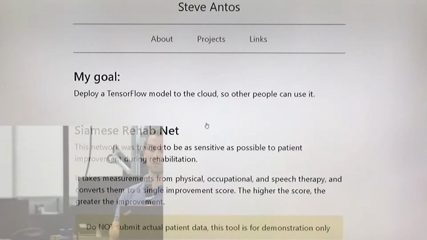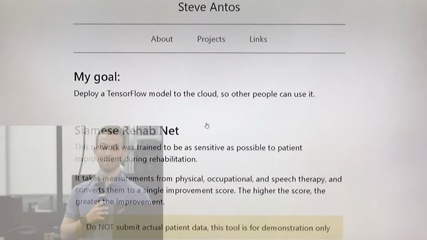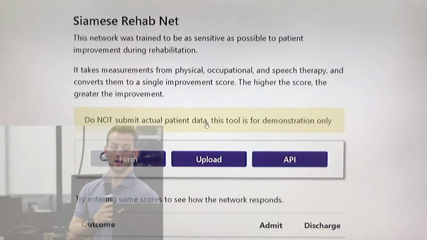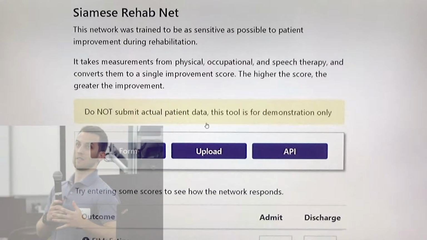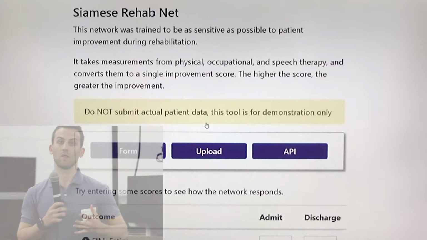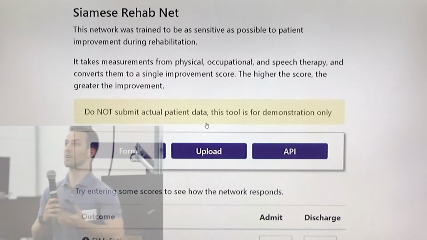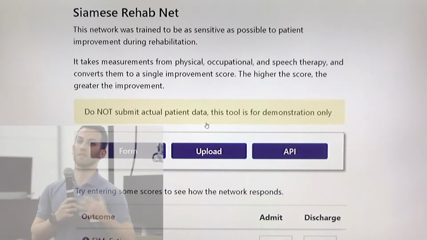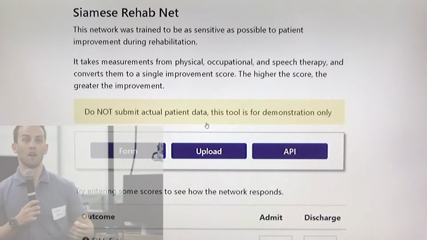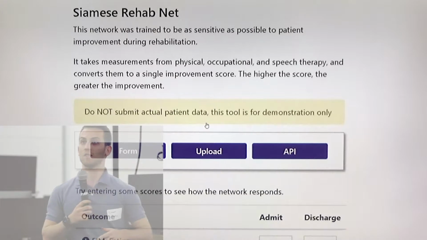So the model that I'm going to be showing you today is called the Siamese Rehab Net. And this is a TensorFlow model that I built. And essentially what it does is it takes patient outcome measures, or things that I measure as a physical therapist. So when someone comes to the hospital and I see them, I'll do a bunch of different measurements to see how well they're moving. I'll also make those measurements when they leave the hospital, and I'll compare them to see